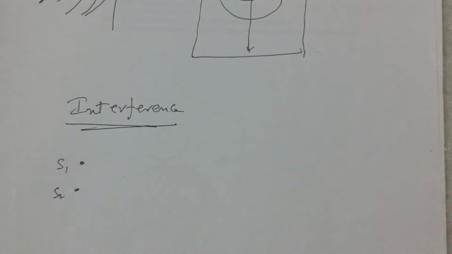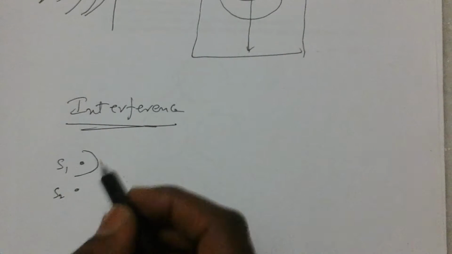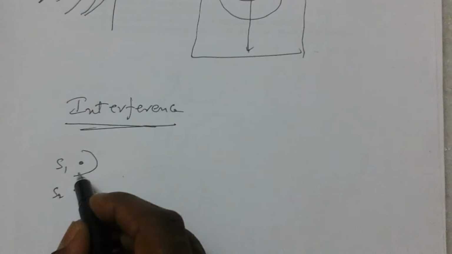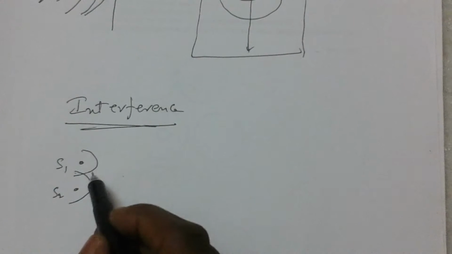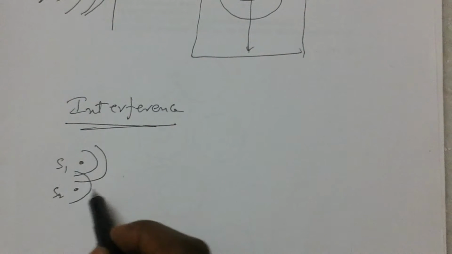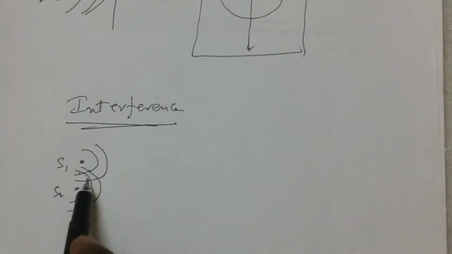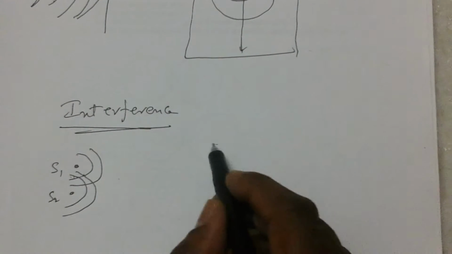If these two sources are coherent, then what happens? From the first source, a spherical wavefront is coming. From the second source, another wavefront is coming. First wavefront and second wavefront. Again, another wavefront from the first and another from the second. Like this, two waves are superimposing, and on the screen